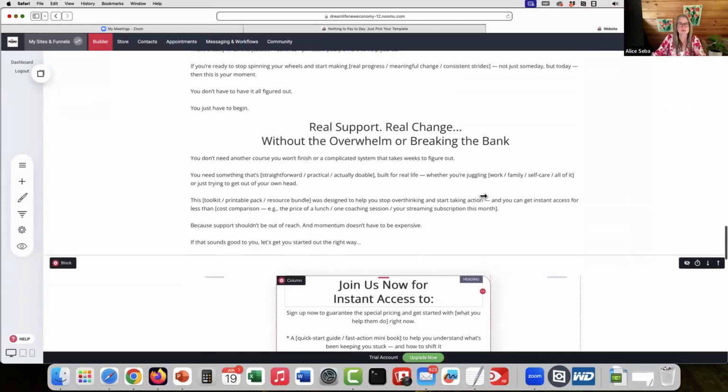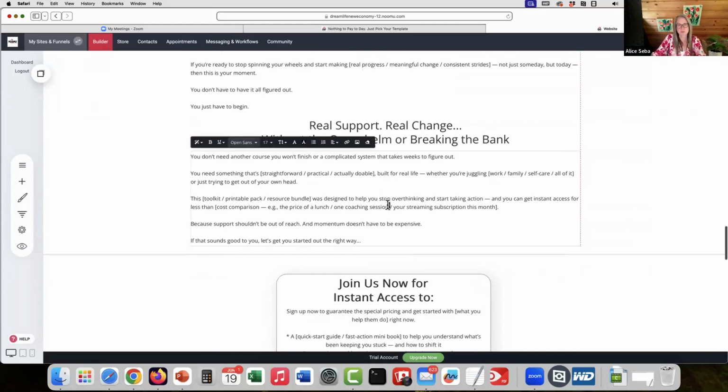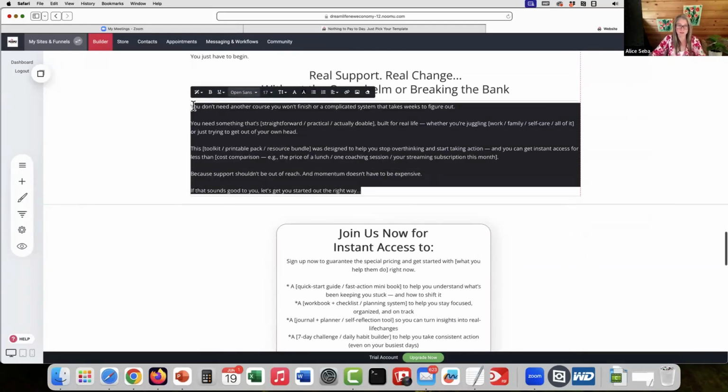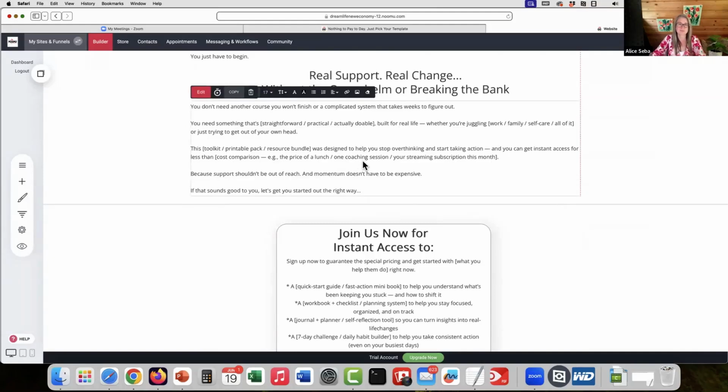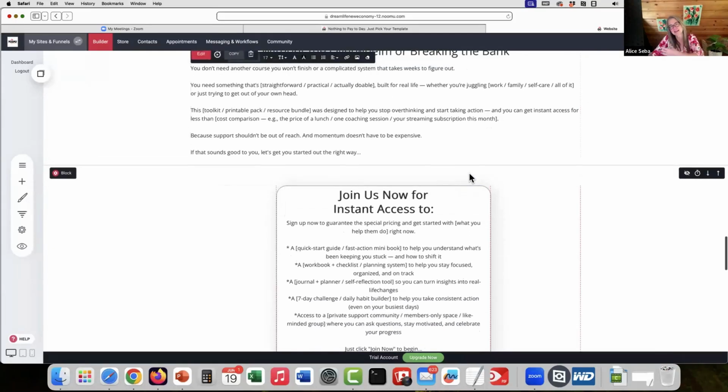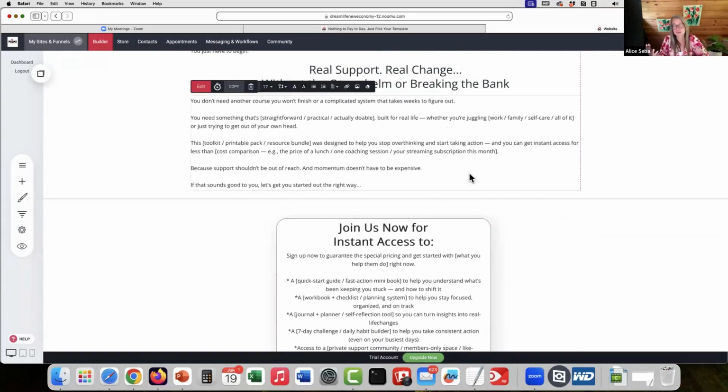So there we go. This is a good place where you might want to put a justification for your price. It says less than the cost of one coaching session or streaming subscription, but you do want people to feel like they're getting good value, and justifying your price in this section is always a great idea. But the more you can make it related to what you're selling, as opposed to just a cup of coffee, when your product has nothing to do with buying coffee, it's not as compelling as if you could say, okay,